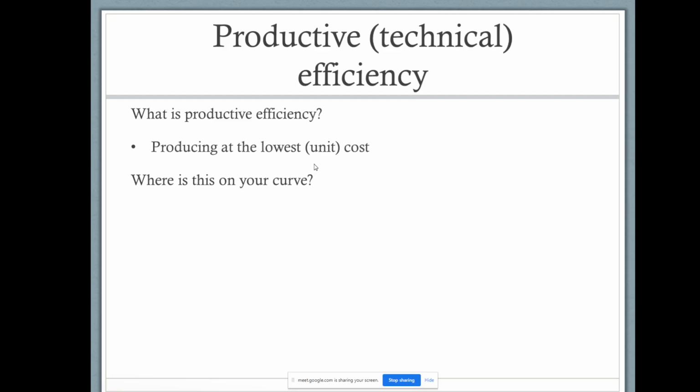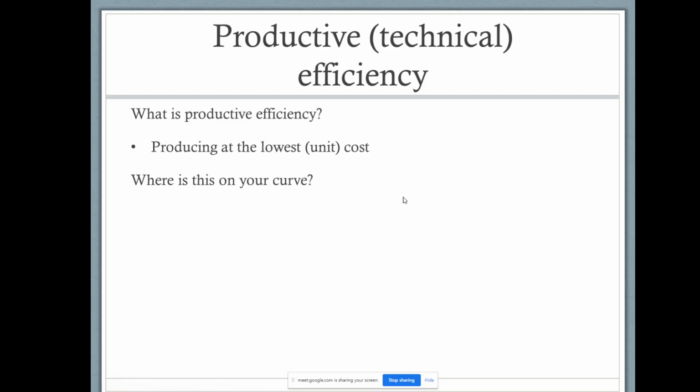When we are able to produce goods and services at the lowest cost, then we will get productive efficiency. In a way, Rafael, your answer can be correct,